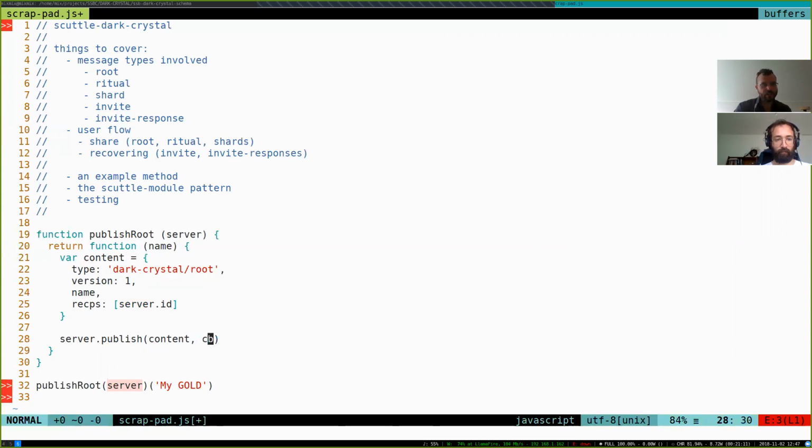So you send something to the server and hopefully it happens soon, and we get a callback from the server, which is going to have the classic error, data, in this case the publish message if it's worked. So actually the format's more like that. And so an example of how you'd use that would be like